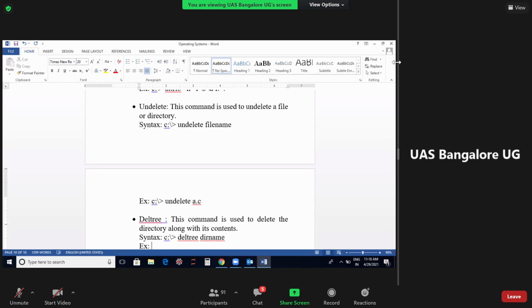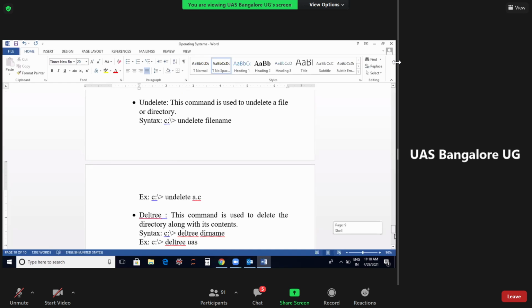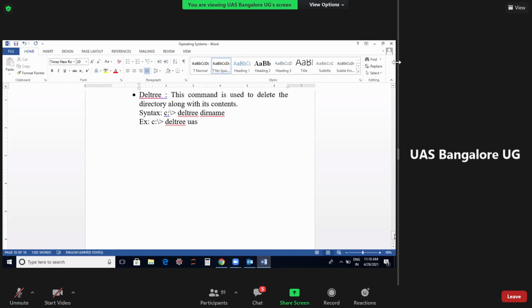Example: C colon deltree UAS, where you are giving the folder name UAS.